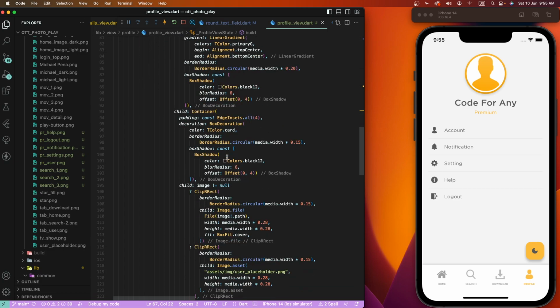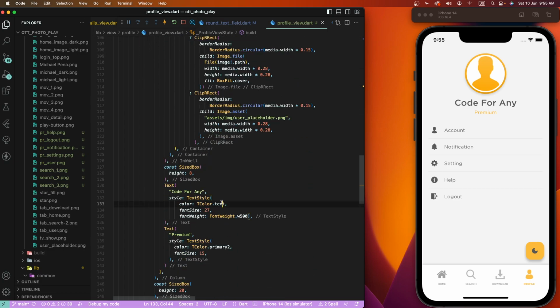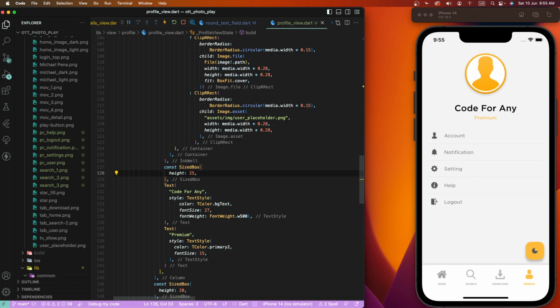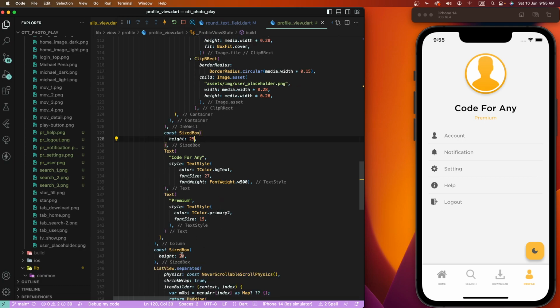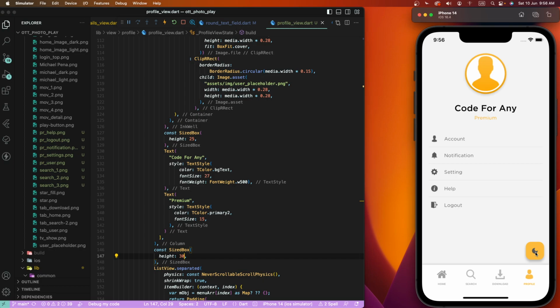And we need to set here the digit text. This height. Okay, now display good here, and we need to create here the light and dark themes,